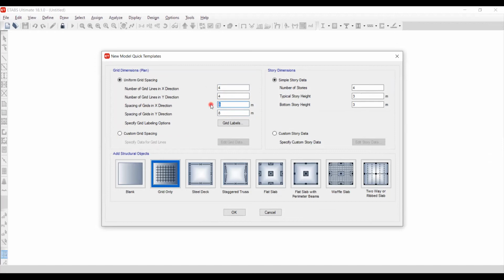So you can change. If I have 4.5, I cannot change my 4.5. It should be similar. 4.5 in X direction, which is uniform. I can make this 6 in Y direction, but the number of grid lines in Y direction is 4. So as to draw the grid,